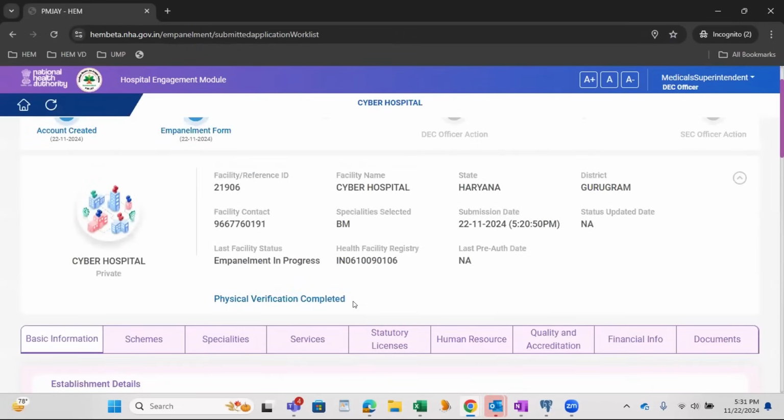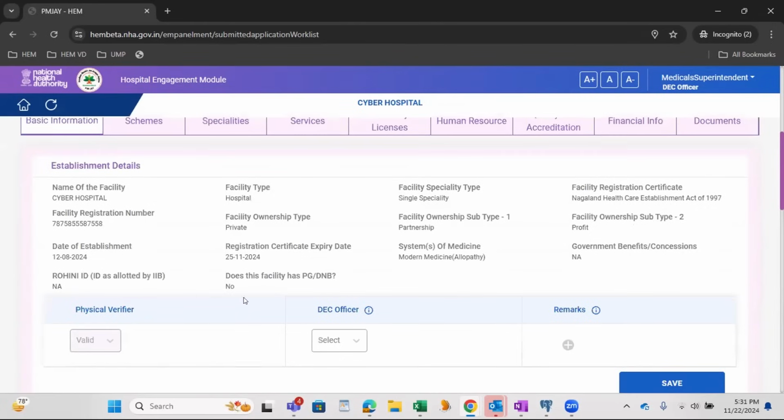Here you can see the status that physical verification is completed. Before physical verification initiation, there was a button to initiate physical verification, but since the TPA has completed it, this status is updated. And we can see the comments which are given by the physical verifier.